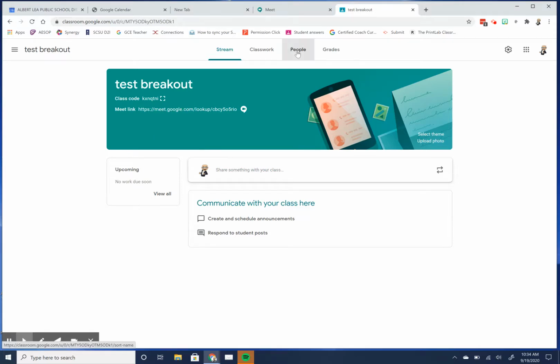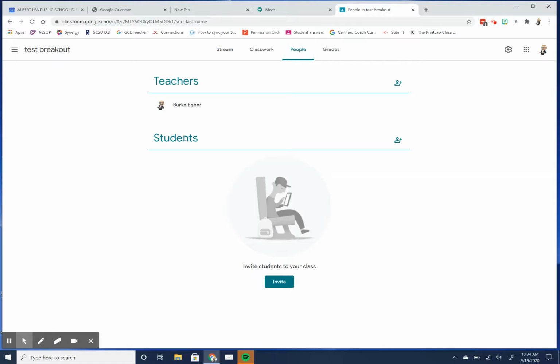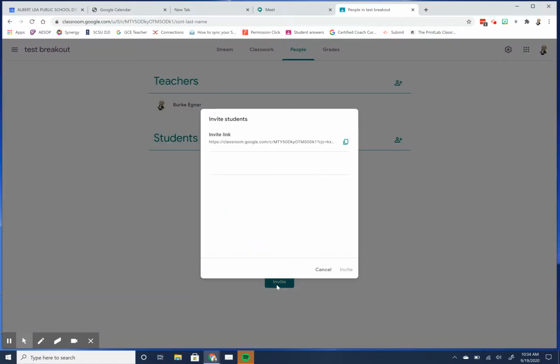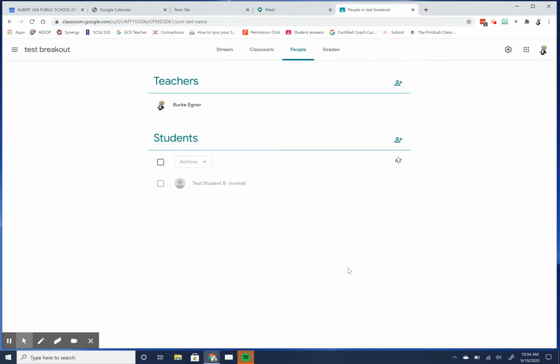So what we're going to do is go over to our People tab. And this is where, if you've already got the Google Classroom, you're going to have your students in here. I'm going to invite a student. I'm going to show you the different ways here. So I'm going to invite, I've got a test student, but we're going to invite test student B. And so I'm going to invite this test student B to this class. Now, if I was a teacher that used this Google Classroom all the time, I would tell my test student B, hey, when it's time for your class to join,